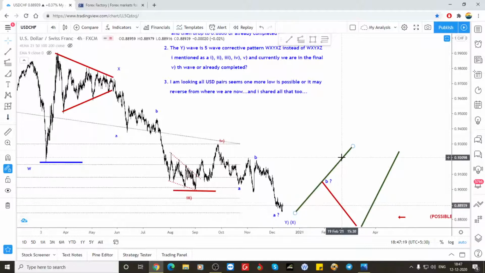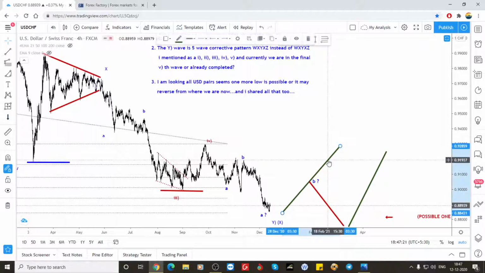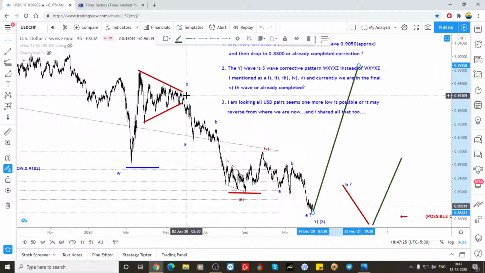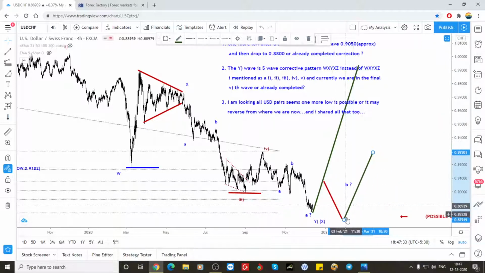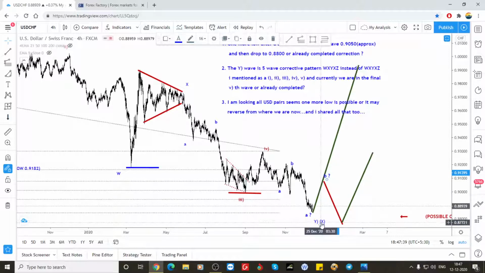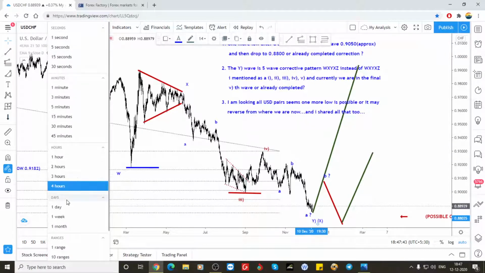So from here it has to bounce back for the target of 1. The minimum is 1, or it could be again one more three-wave structure for the B. So one more drop for the C, and that could be the end of the Y wave of X. So positionally,